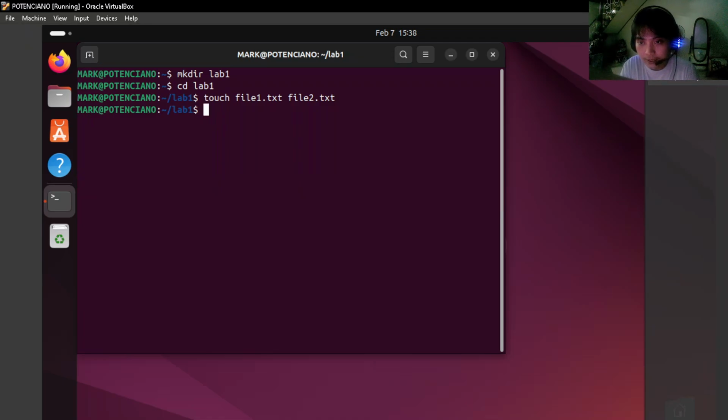The next command is cat, to display the content of a file. So this, then the file name that we want to display, 1.txt, and here we go. We're inside the file, so we can type a word.